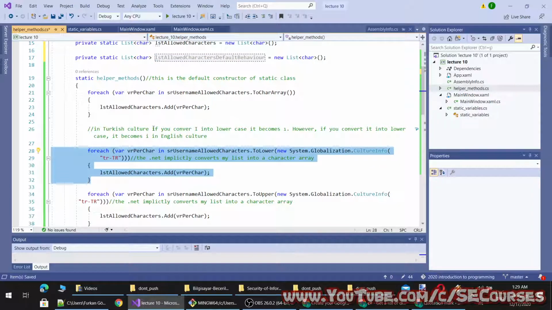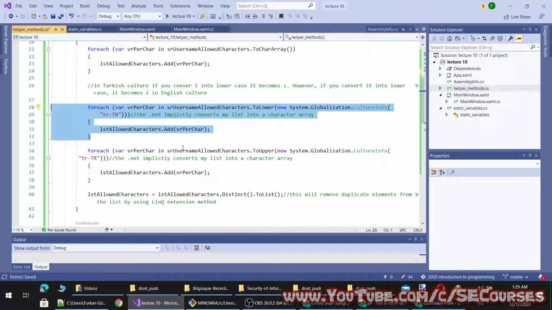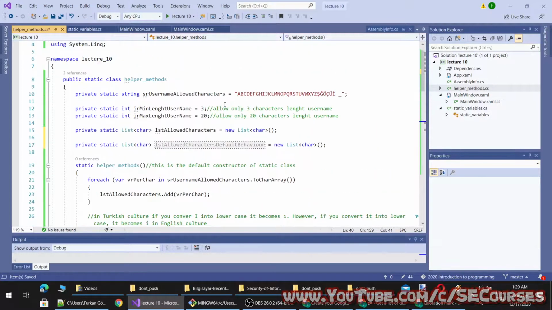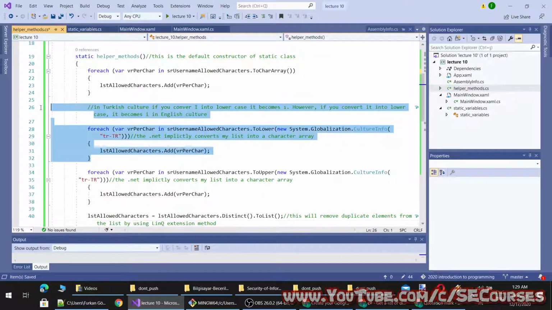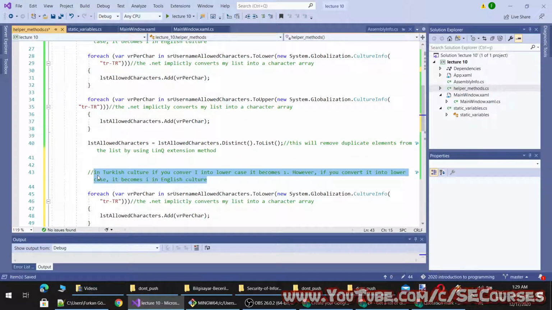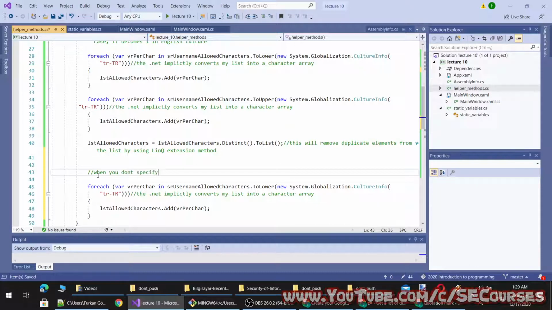So I am just doing a copy paste to show you here. Of the operating system, in my case, it will be Turkish.